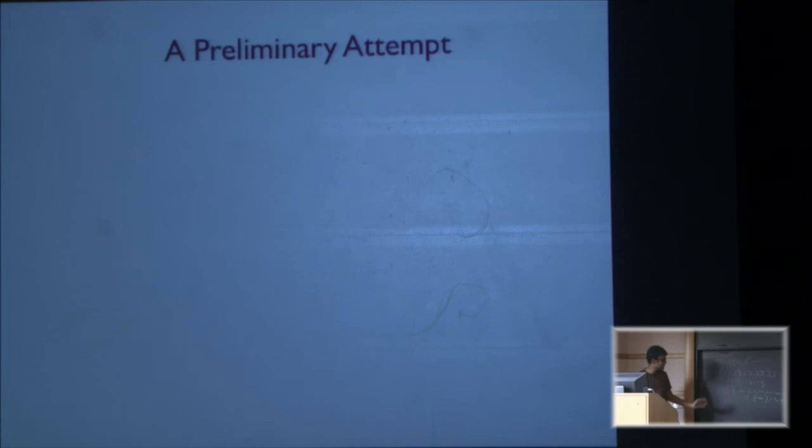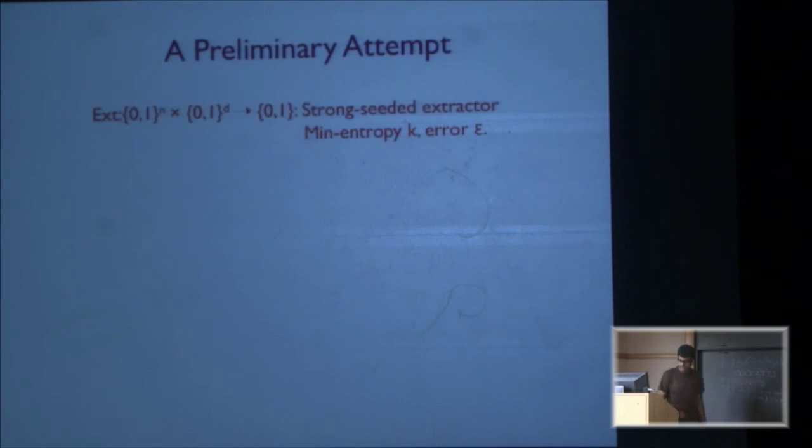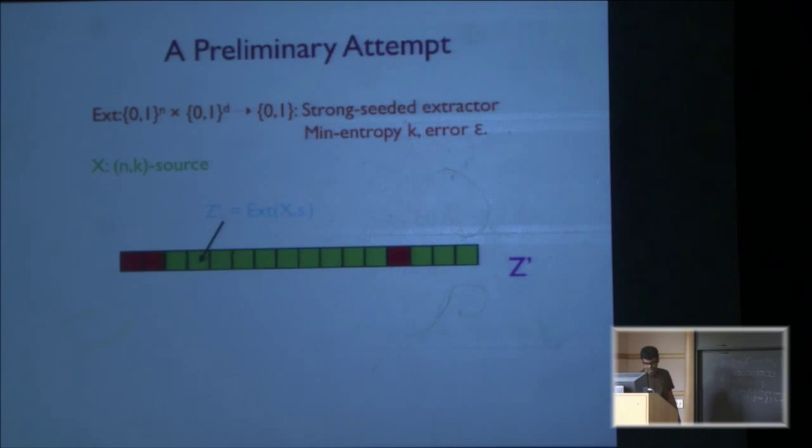Okay, so great. Let's start with a preliminary attempt of maybe constructing a two-source extractor. So let's use these explicit constructions of seeded extractors which just output one bit, and take a weak source X, and run this extractor on all of its seeds. Recall that the length of the seed is polylogarithmic, so for epsilon chosen to be, say, polynomially small, the length of this z prime is polynomial in n. So what is the prime?